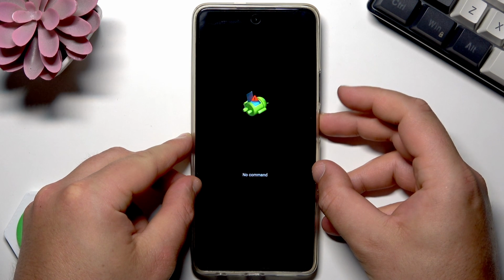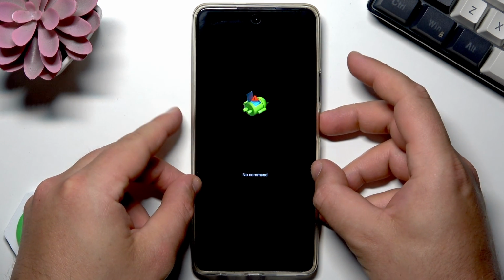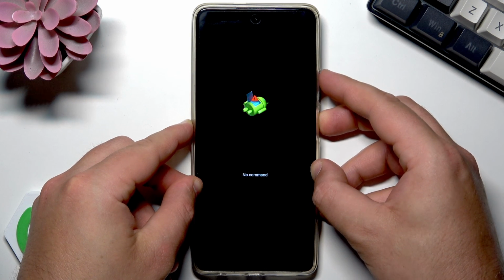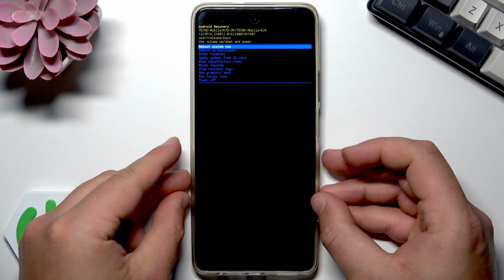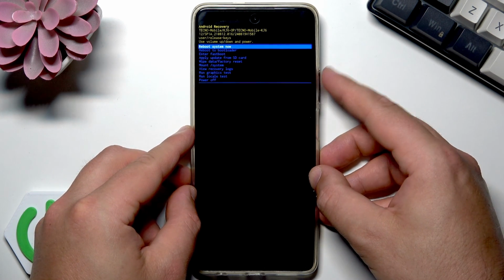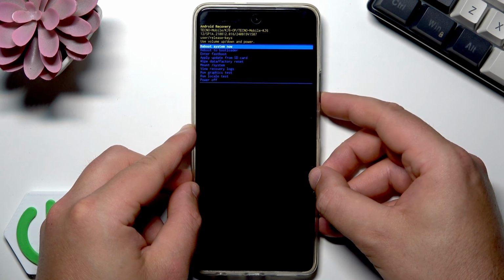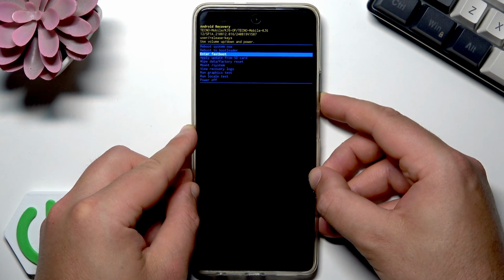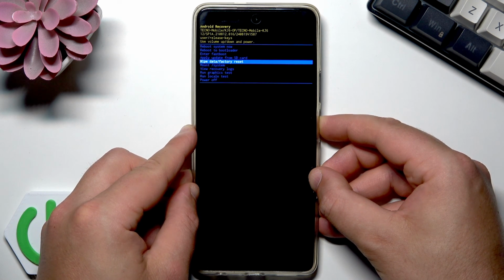I need to hold down power key, and while holding power key I need to press volume up once. So let's hold down power key, press volume up once. As you can see, here we've got the Android recovery menu. Let's here navigate by using both volume keys and confirm options by pressing power key. So let's scroll down here to choose wipe data factory reset, press power key,